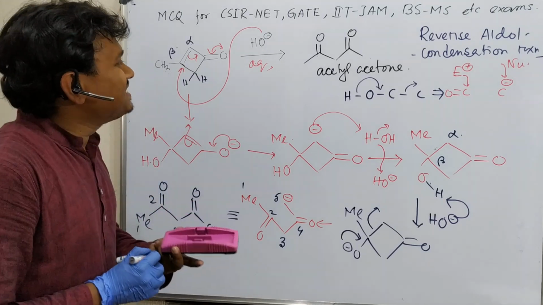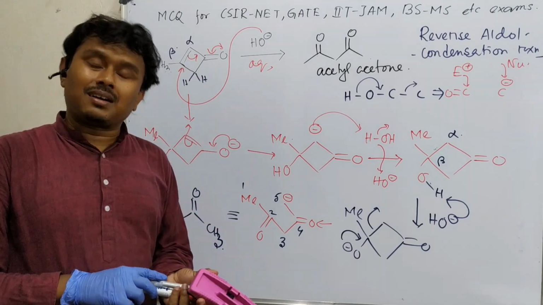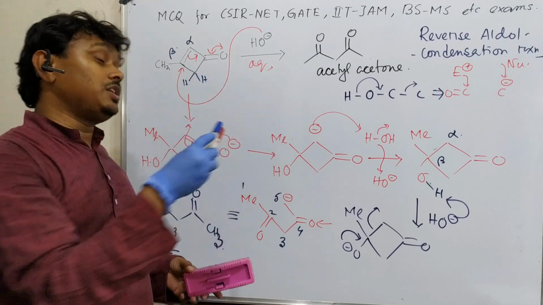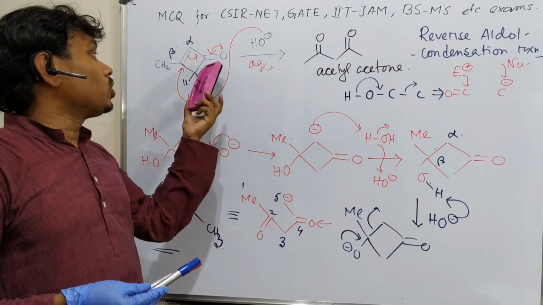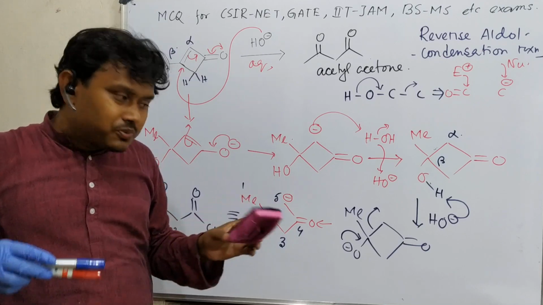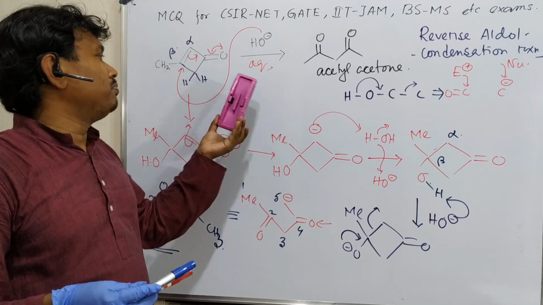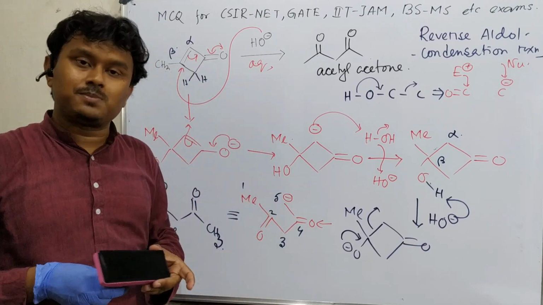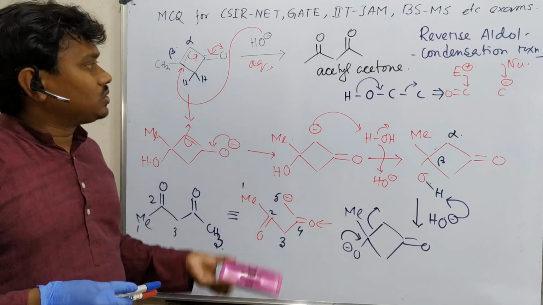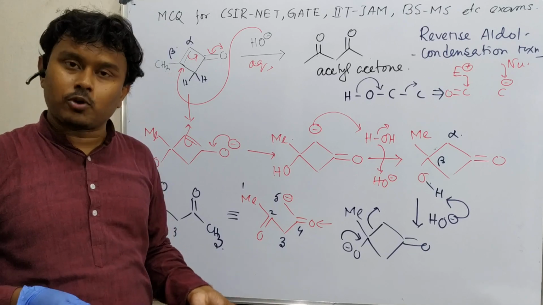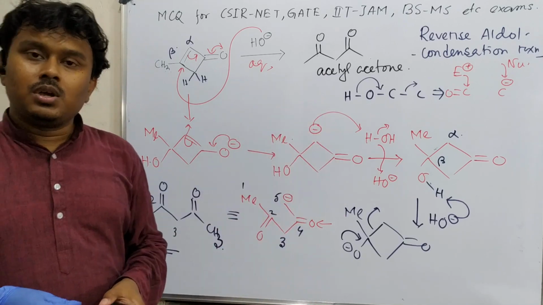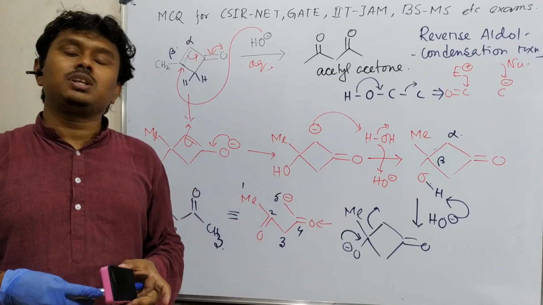I know that this is a little easy, but for such type of problem, it is very difficult to predict what the final product is, because the cyclobutane ring system is a little difficult. When a ring comes, this molecule shows some abnormal properties because of its ring strain. So that's why I believe we must practice such kind of problem. That's why I have given this problem. So this is the end of this discussion.